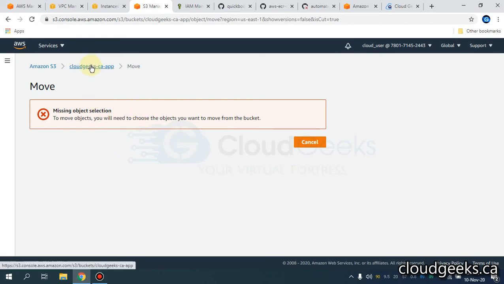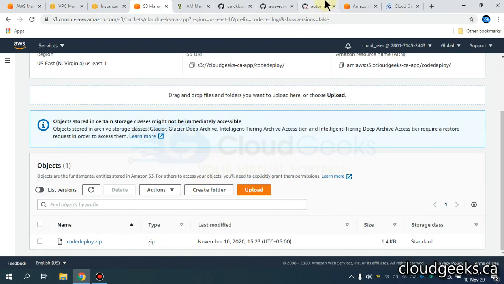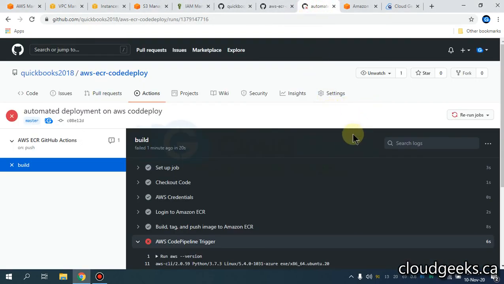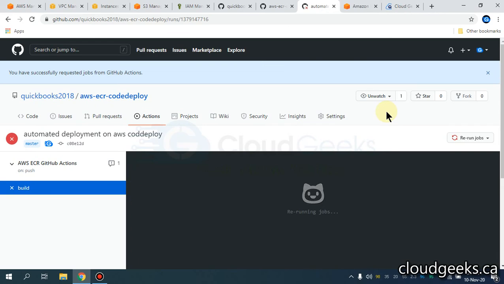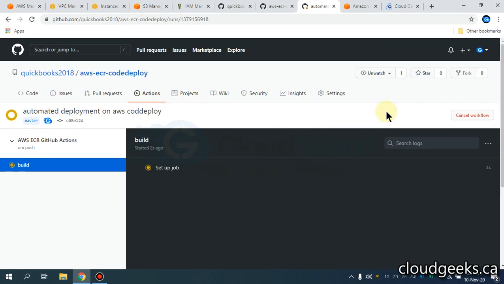Let me refresh it, and I just want to make sure that the zip is in that particular directory. You can navigate to the CodeDeploy directory. Click on CodeDeploy, and now the zip is in the right place. These sorts of errors give you an update as well, that if you make any mistake, they are going to prompt you. So I'm going to rerun our pipeline again and see whether the zip is in the right place, and if everything goes well, our pipeline is going to be successful.